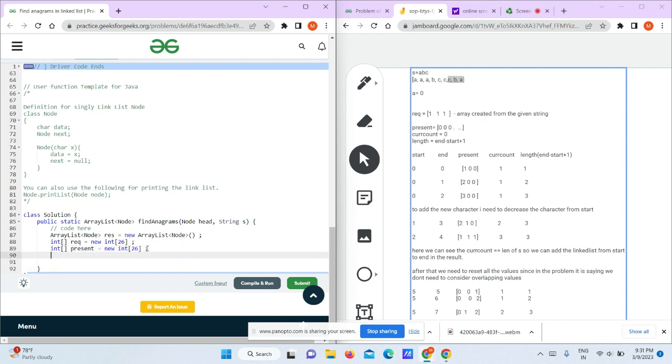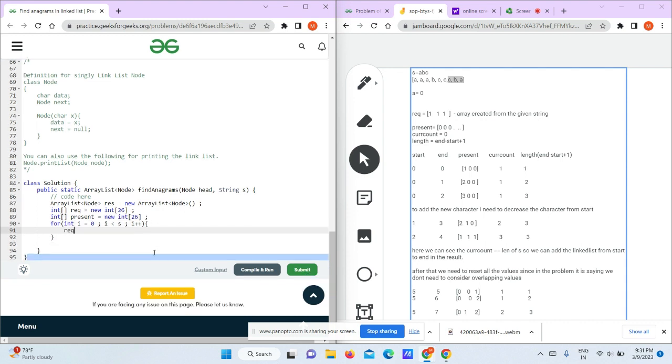Now we know that I need to fill the values present in the string. So I will add here. See how I'm converting the character into